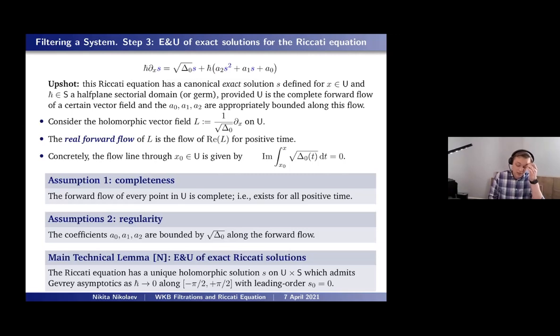So with these assumptions, the statement is that the Riccati equation here, which is here at the top, has a unique holomorphic solution on this U cross sector S. And the uniqueness is given by the fact that it admits an asymptotic expansion as h bar goes to 0. And the asymptotic expansion is of class Gevrey. If you're not familiar with that, it doesn't really matter. It's some regularity on how coefficients in the asymptotic expansion grow,